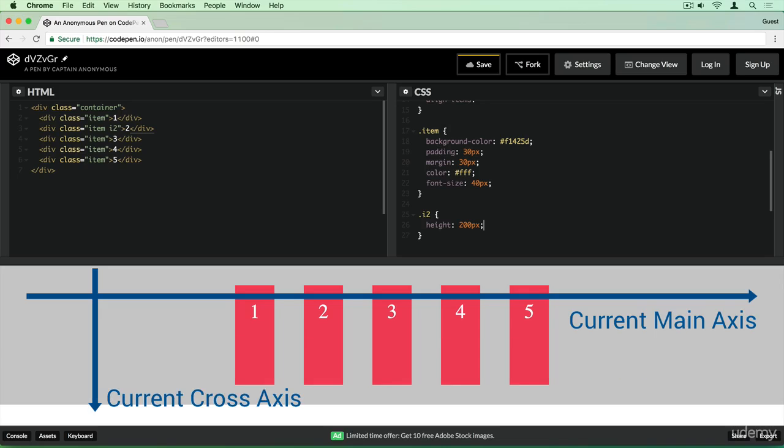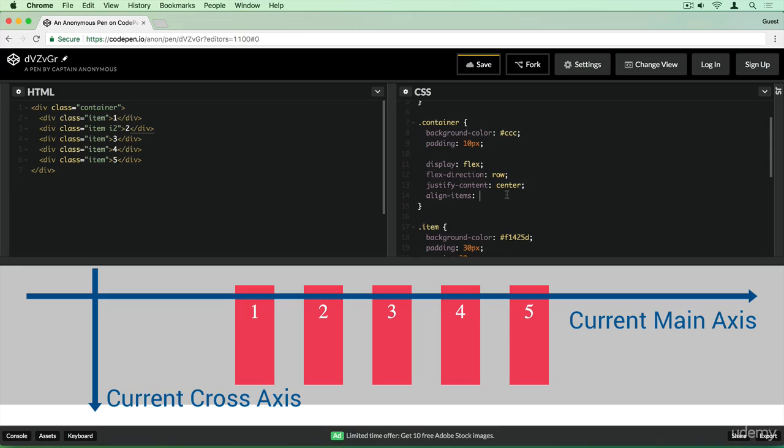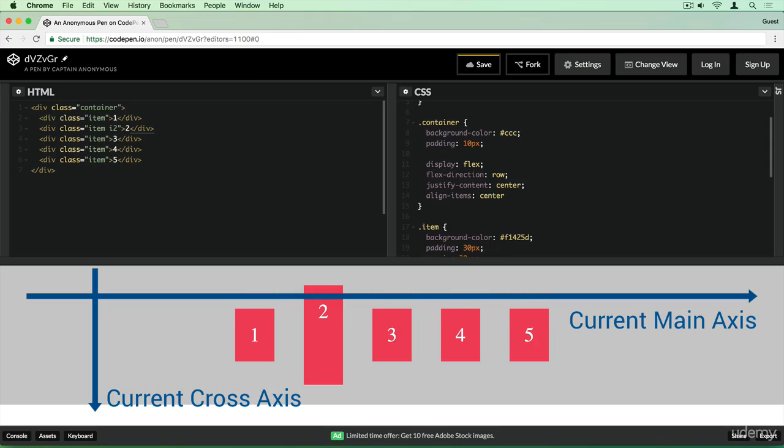And alright, so you saw already that all of them actually grew, not just the I2 on which we defined the height, right? And that's actually because the initial value on align items is stretch. And so with stretch, this is what happens. So let's just set something else here. So for example, center. And now we see what alignment along the cross axis actually means. Okay, so we have one element that is bigger than all the others, and with align items set to center, we basically center these elements relative to this one, which is bigger, in the vertical direction, so in the cross axis, right? So now along the cross axis, they are all nicely centered, like around this line here, right? Now if we set this to Flex start,